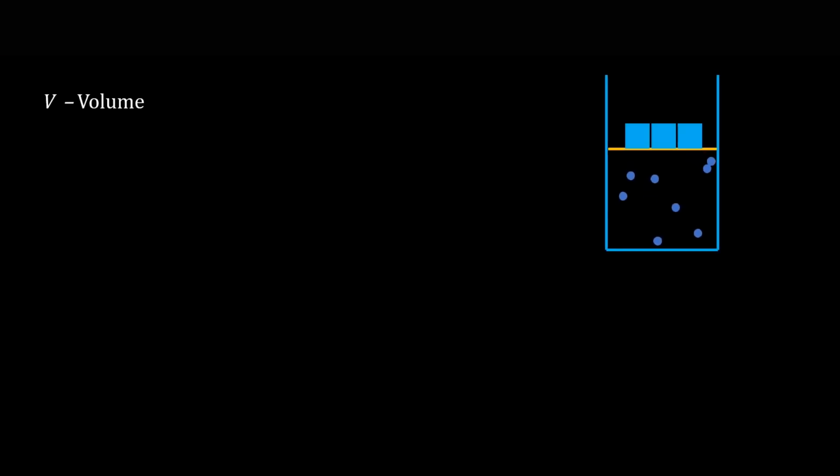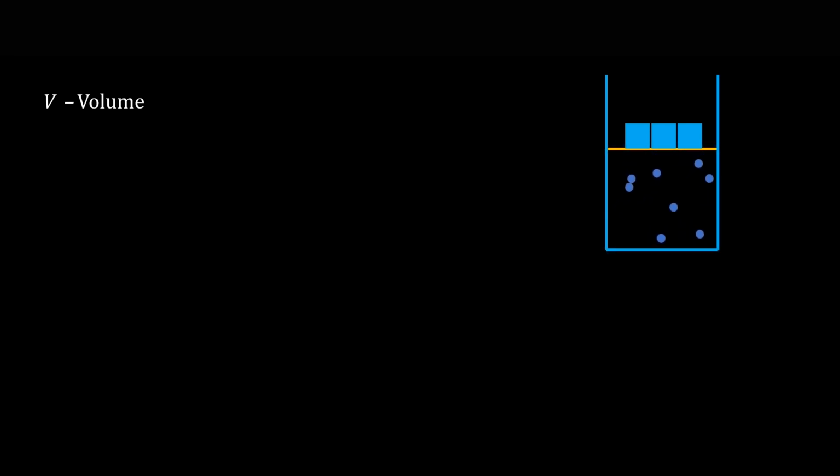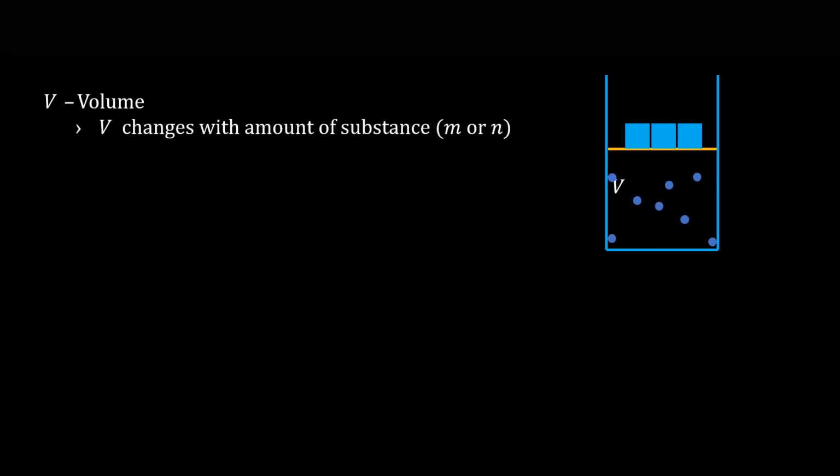Let's see about volume. Volume doesn't mean what is the space occupied by tightly packing all these atoms like this. Volume here means along with the motion, how much space is occupied. Basically the filled volume of the gas cylinder here. Please keep in mind that what we are seeing here is a cross section of a cylinder like this. So that is volume. It changes with the amount of substance. It means when the pressure and temperature are kept constant and the mass is increased, then the volume is going to increase.